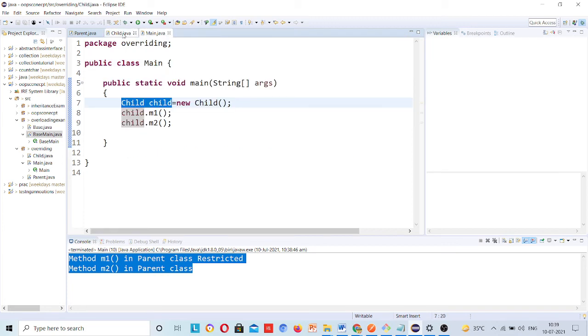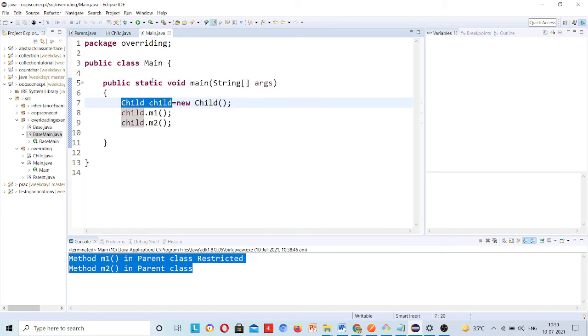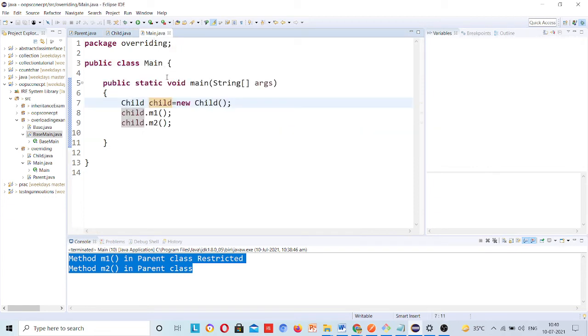Now in this code, what doubt do you have? First of all, the code is written for you. Is there any error? No, there is no error.